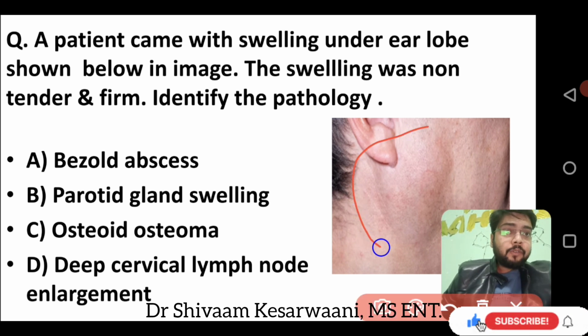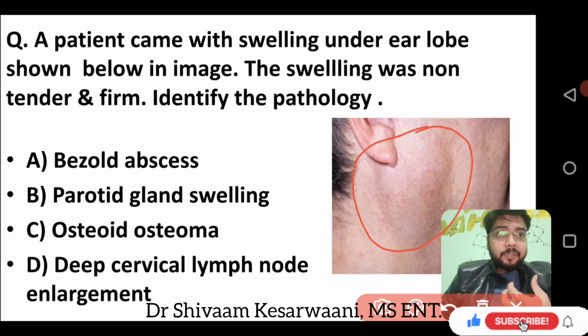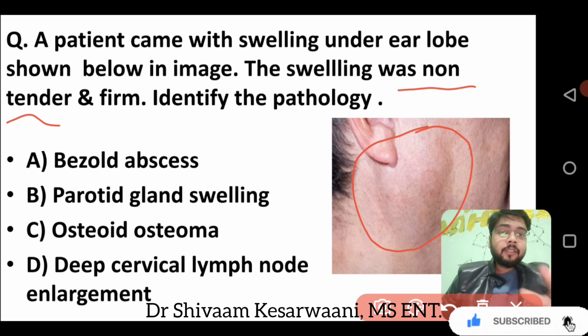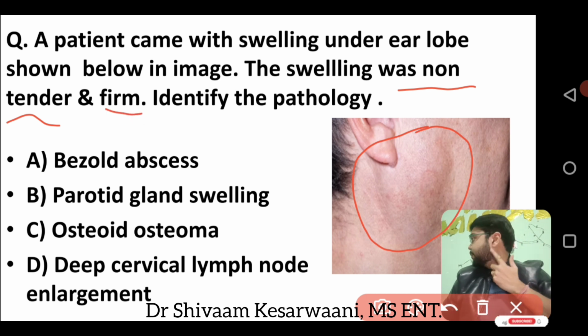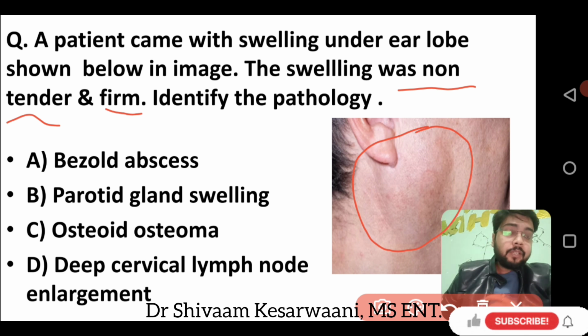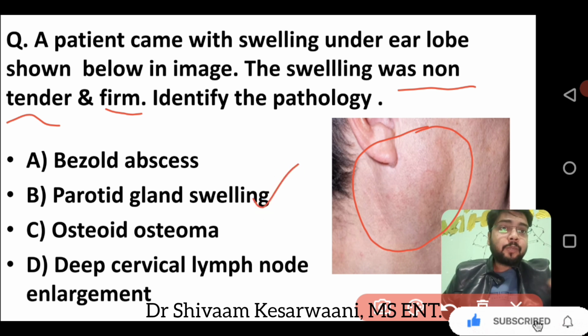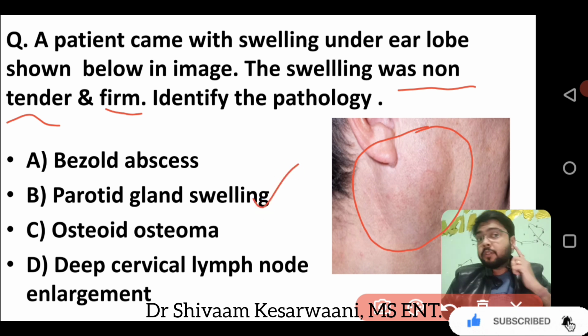Now, what we want to see here is the description that the examiner gave us. The examiner is saying it's a non-tender and firm swelling. This region is your parotid region. So one of your spot diagnoses can be that it is most probably a parotid gland swelling. Why parotid gland? Depending upon the location it has, and as they are saying, if we read the options, Bezold